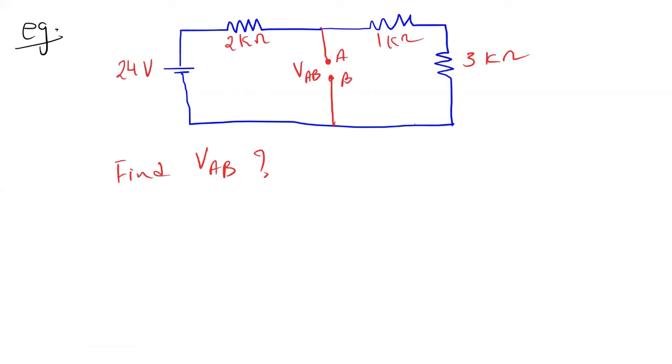Now you have this example. Take 5 minutes. Try this example. Tell me what is the voltage across AB. If I have to measure voltage across point A and point B, what will be the value? I want you to try. Take 5 to 10 minutes and let me know. Then we will discuss.